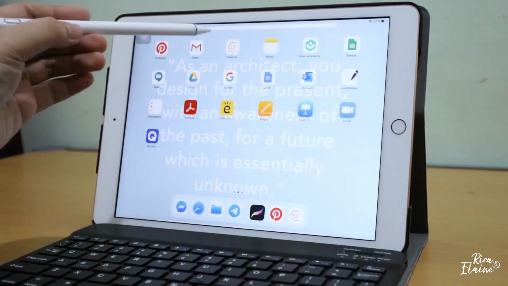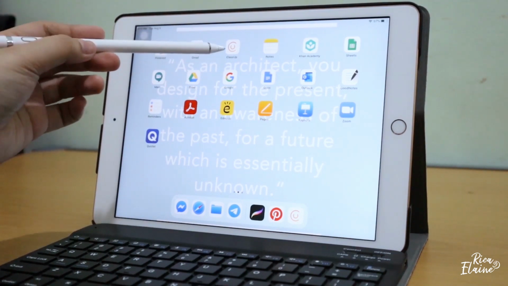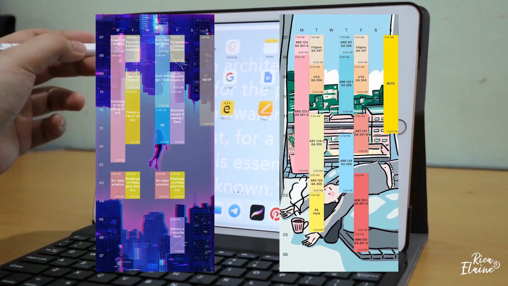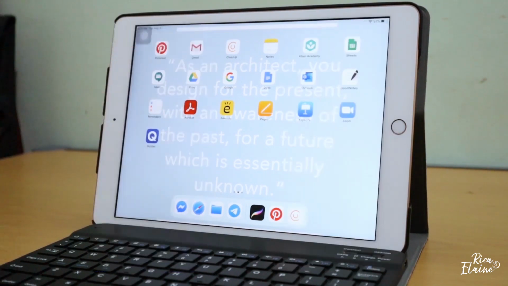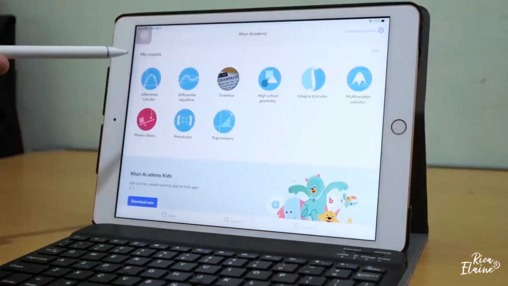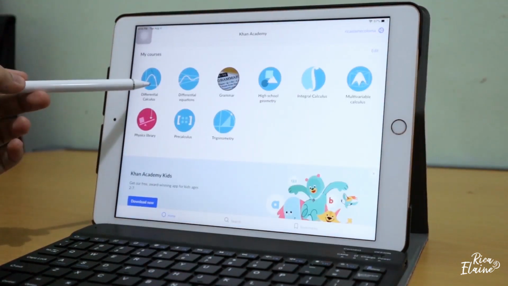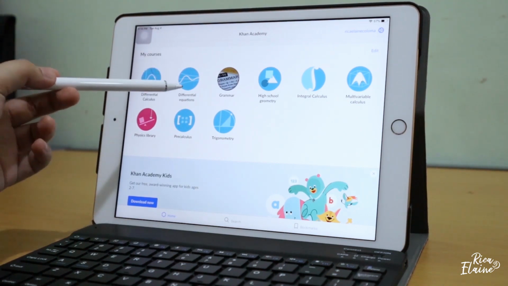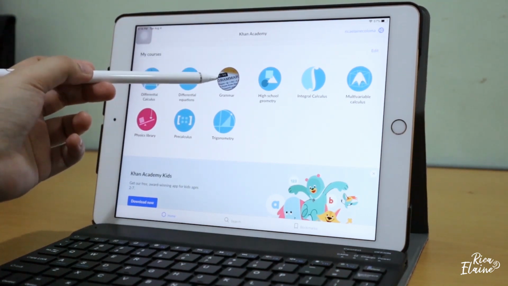Next, I have Gmail, ClassUp, which I mentioned earlier. This is where I encode my schedule for it to be organized and easy to read. Then I have Notes, Khan Academy. I plan to study in advance for differential calculus, refresh my mind on differential equations and grammar because I am